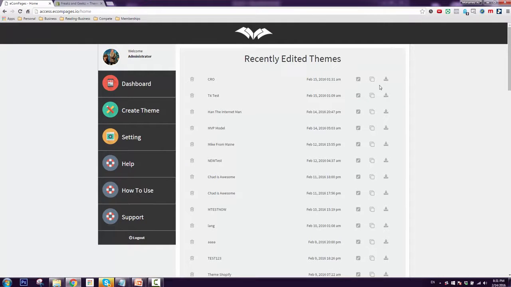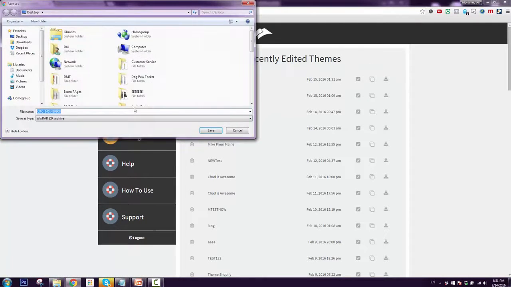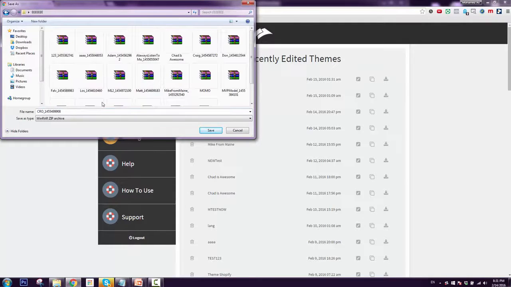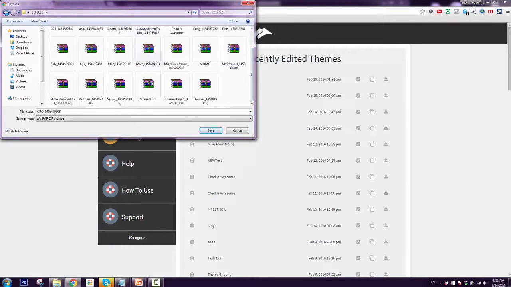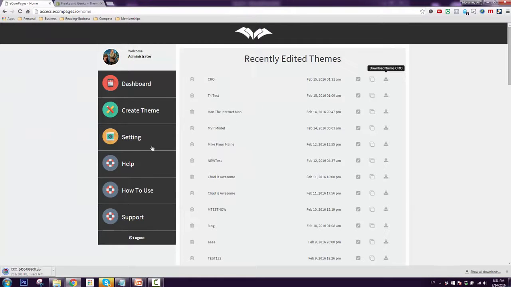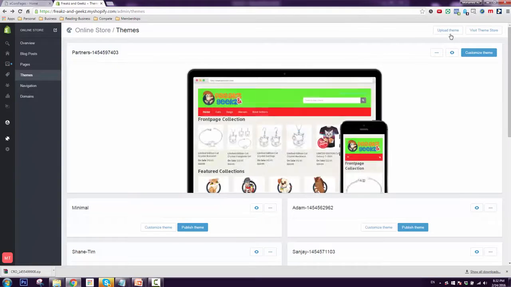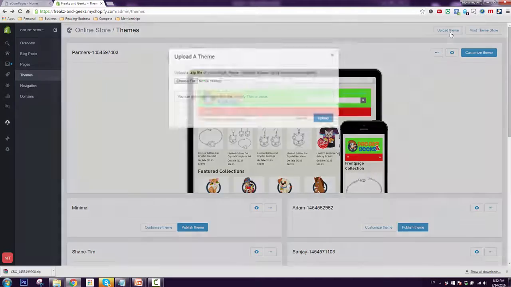I have my CRO theme right here. Download. So I'm going to save that into my theme file. You can see all the themes that I made previously. So CRO, save right there. And up to this point, this is what your developer will probably send you. If he's a nice guy or a nice girl, they'll probably add this step, which is they will go into Shopify,